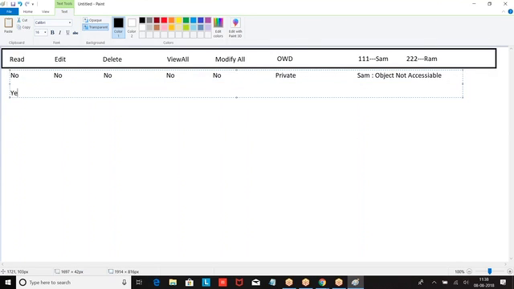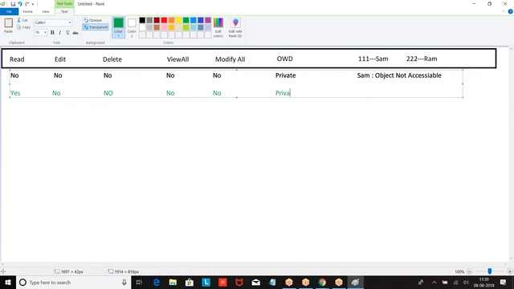Let us say, yes, he has a read permission. First you should have a read permission on the object. I have read permission on the object, no edit permission, no delete permission. And I'm giving private.